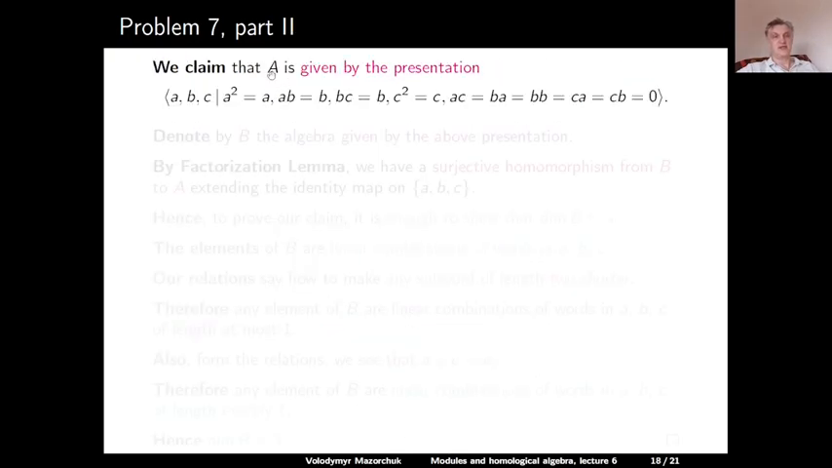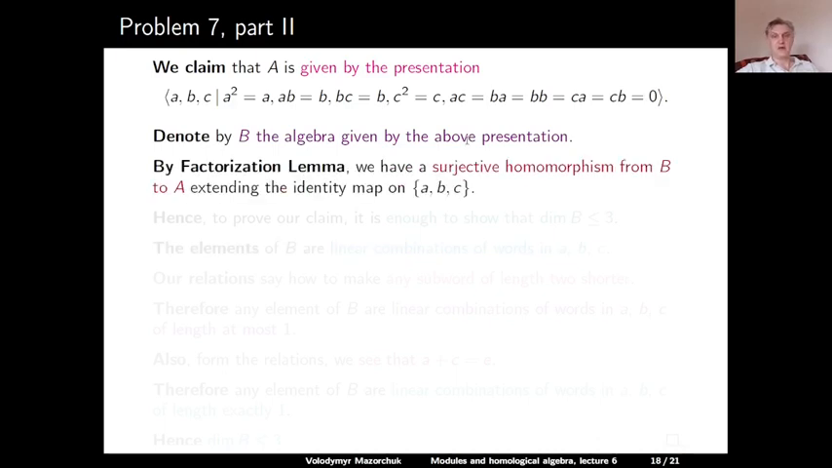Our claim is that the algebra A is given by the following presentation. So we take our basis A, B, and C as the generators, and we take our multiplication table as relations. So A squared is equal to A, AB is B, BC is B, C squared is C, and all other products are 0. So that's our claim. Let's prove it. Let us denote by B the algebra which is given by this presentation. By the factorization lemma, we have a surjective homomorphism from B to A, which extends the identity map on our basis A, B, C. So to prove our claim, we just need to show that the dimension of B is at